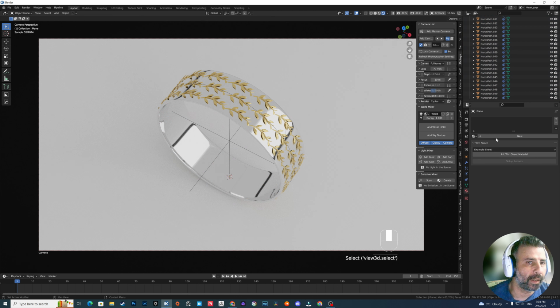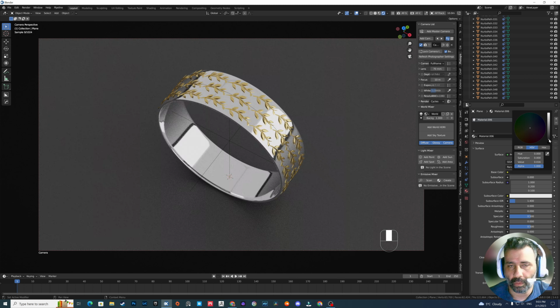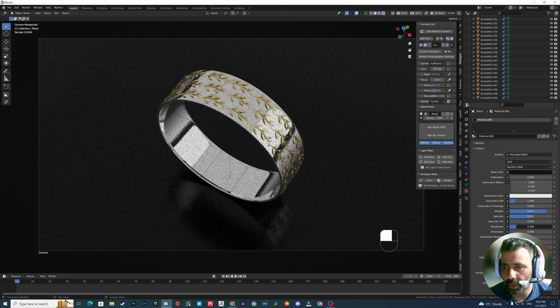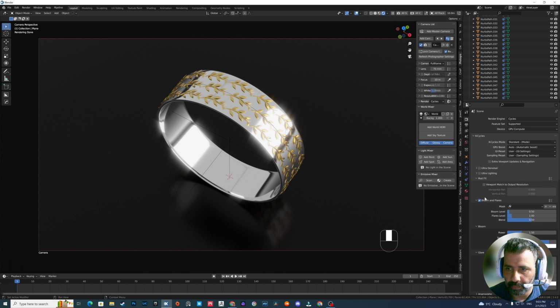Now go to the background or the floor. We need to add some details, maybe something like this. Make it metallic so we have this reflection. And if you can see here, this comes from the bloom and the glare effect here, as you can see.